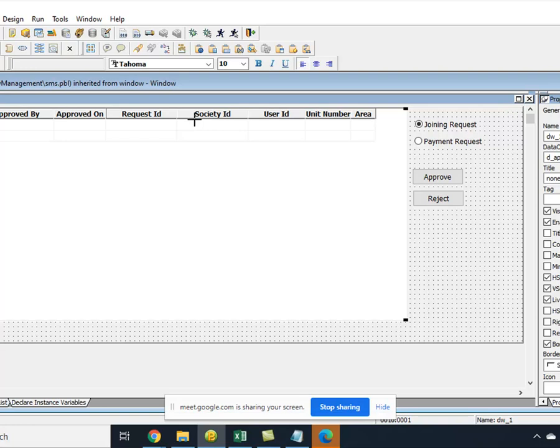Whenever I click, if it has underscore t, then it means I clicked on the header part, and I can get the column name from that header part. Once I get that information, I can use two functions. PowerBuilder says you have two functions: SetSort and Sort. SetSort is used to set the condition, and Sort is used to execute that condition.